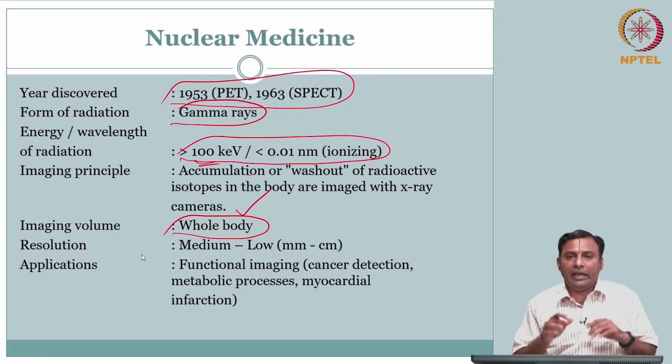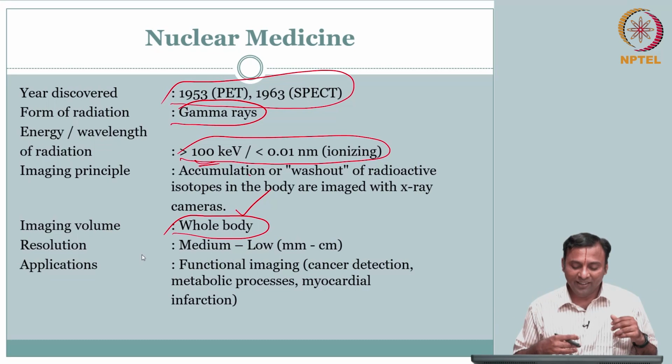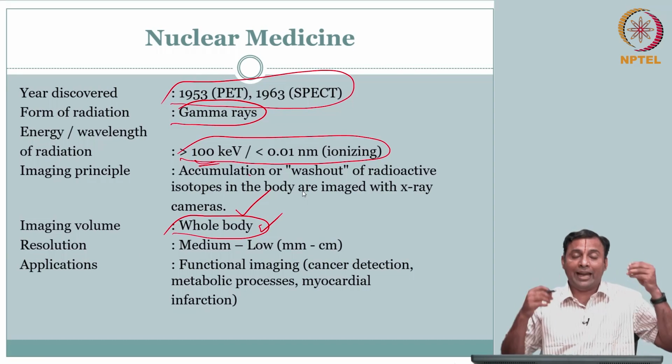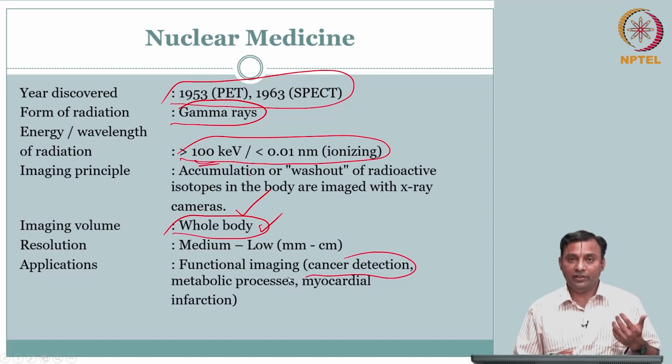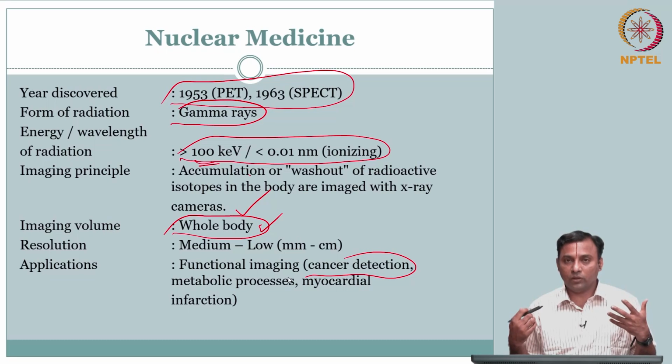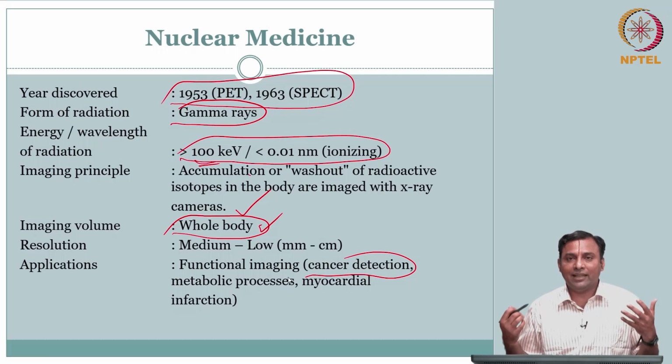We will get into the details, but the idea is you are now a walking source, you are emitting radioactivity, you are walking, and in principle if you can do the whole body scan, you might know where all the activity is happening. So this is very powerful and advantageous, especially in cancer imaging. You do not know in which part of the body there may be cancerous growth. Typically cancerous growth is metabolically more active than the remaining tissue, so it has an accelerated growth.